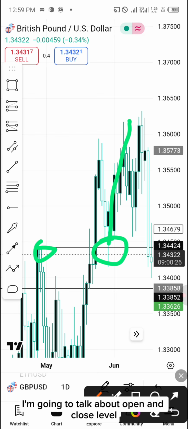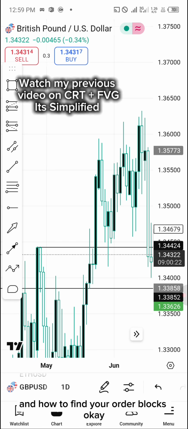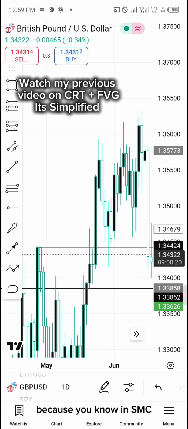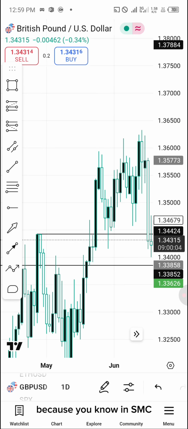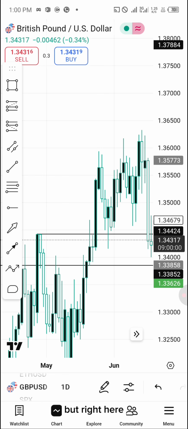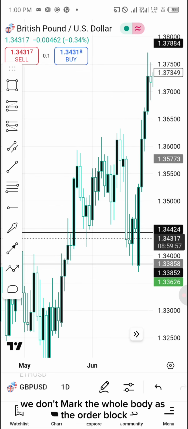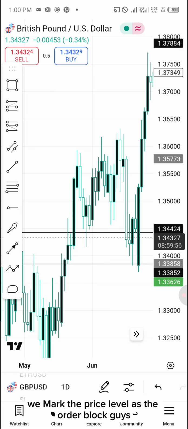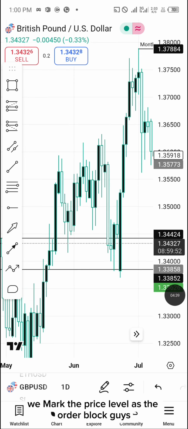In my next video, I'm going to talk about open and close level and how to find your order blocks. Because in SMC we mark the whole body of a candle as the order block, but right here we don't mark the whole body as the order block. We mark a price level as the order block, guys. Now let's look out for